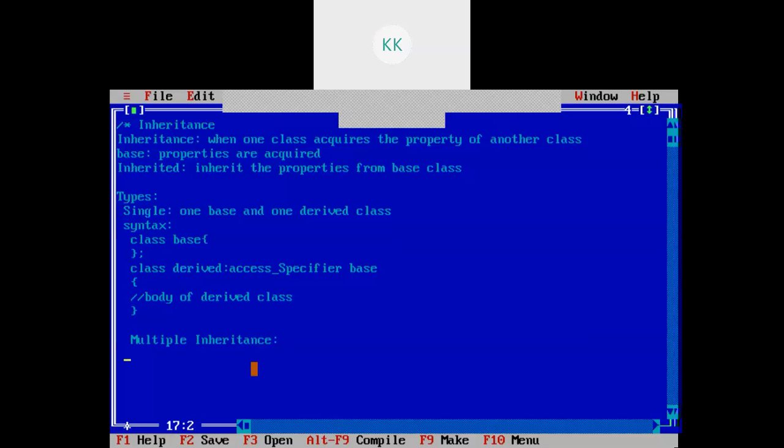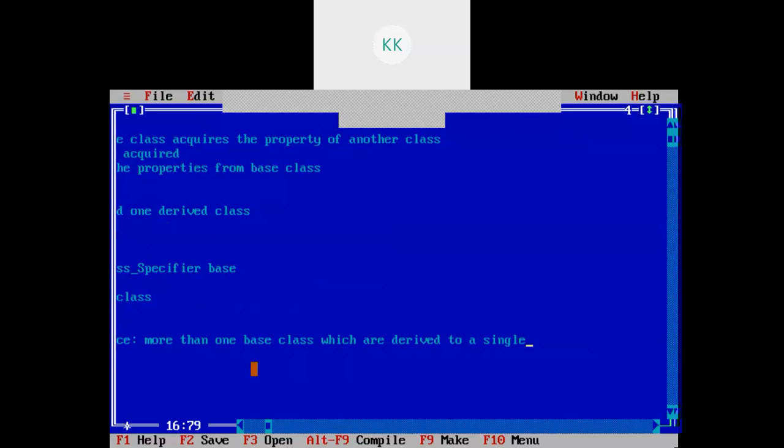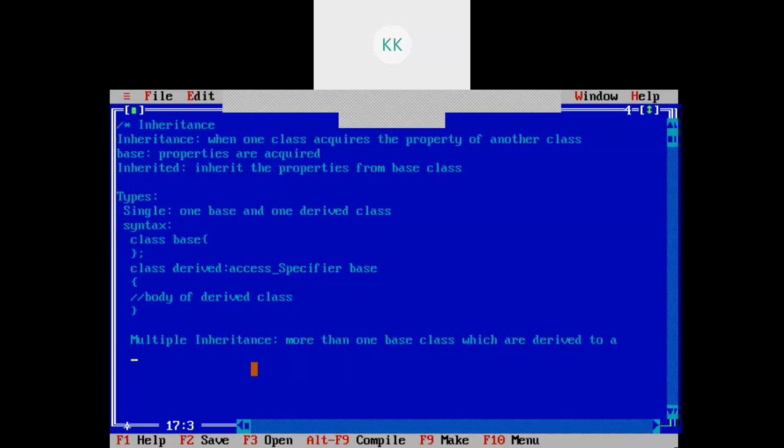In multiple inheritance, we have more than one base class, and more than one base class are derived to a single inherited class.